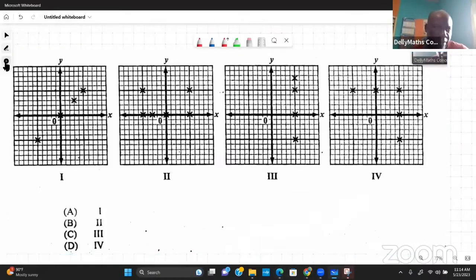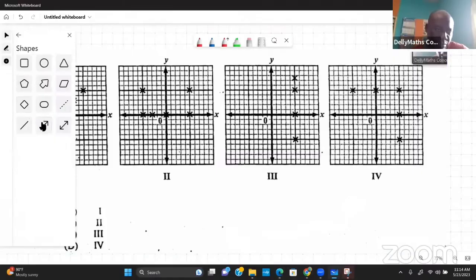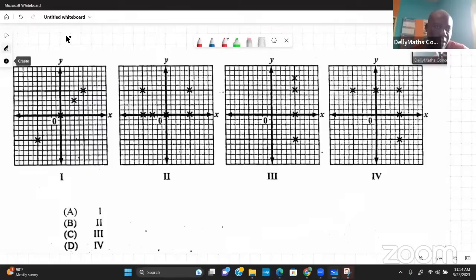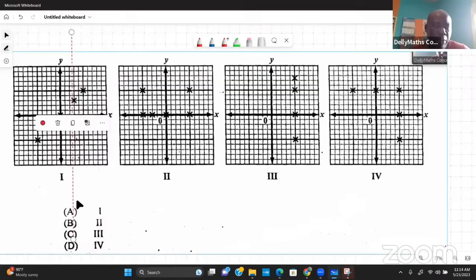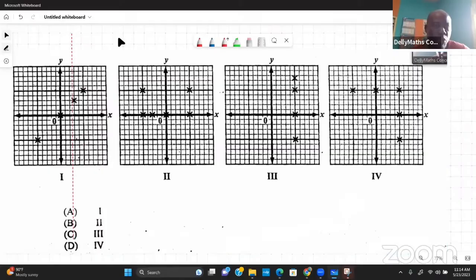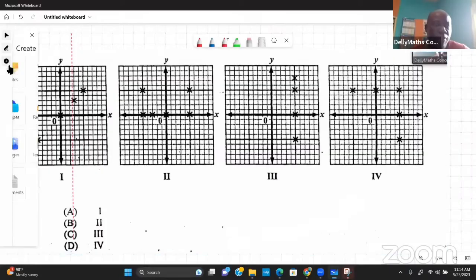So I could go for a vertical line here. All right, so we could be using this line. Now, as I move this line, look, if I put it down, it's only touching 1 point there. If I move it, 1 point still. If I keep moving it, you will see it will only touch 1. Now, if I go for another,